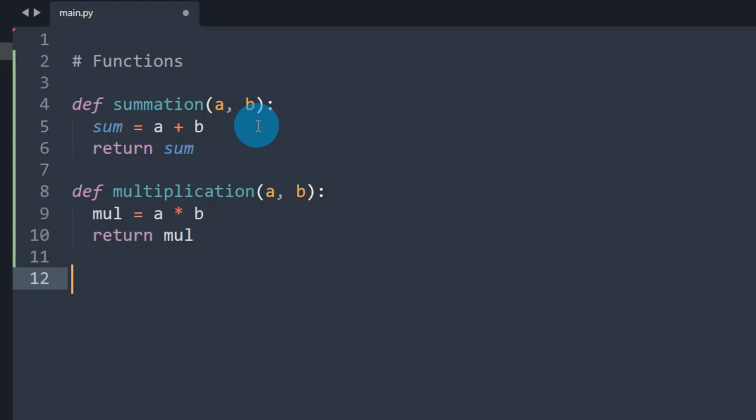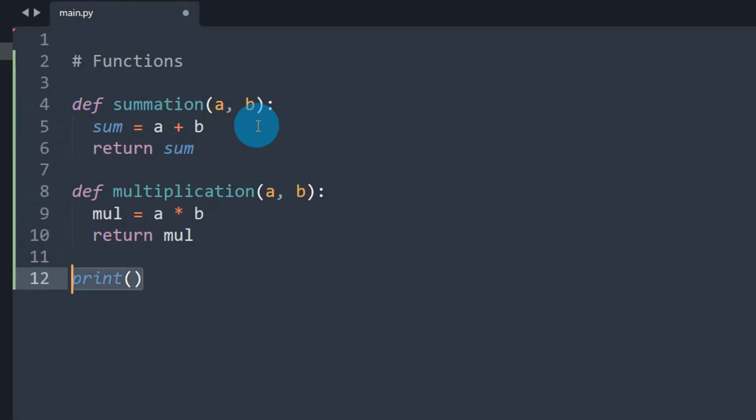Let's say I'm going to directly use the print method. See, this print method itself is a function, right? That is actually a library function that the Python library is giving us and we are calling. In our case, we create our own function. You can call them custom functions, correct?